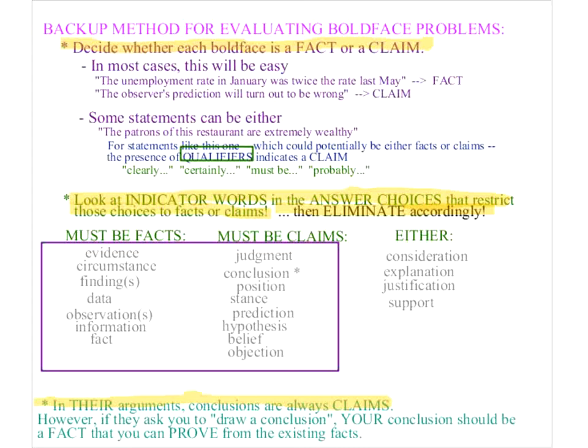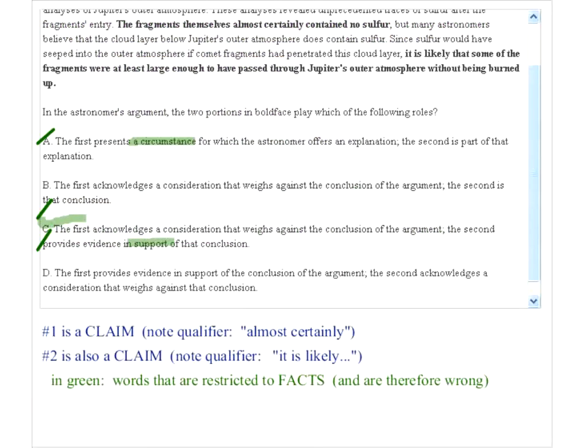Now to choose between B and E, you have to at least figure out what the relationship is between these two statements. But just so that we can move on to the other topic at hand, I'd like to give the formal treatment. Yeah. Thank you, guys. Here's the refresh screen. We can eliminate these three choices which have words that indicate facts. To get between B and E,